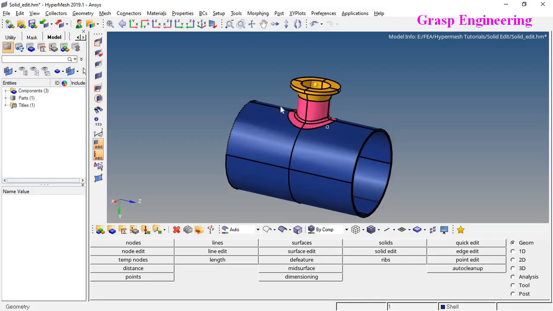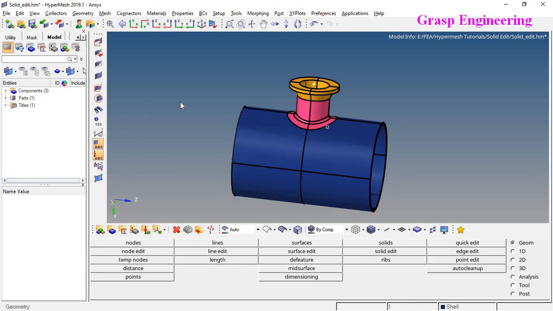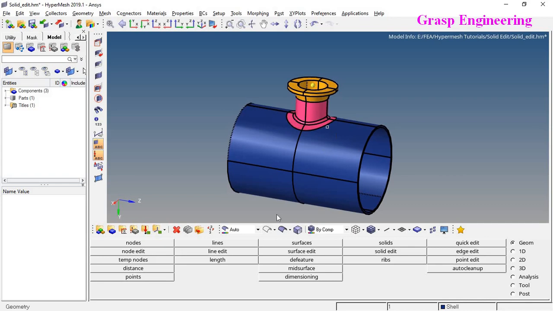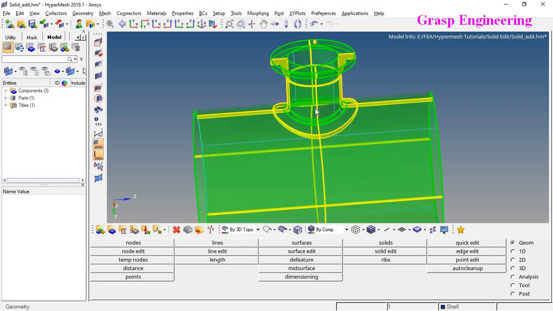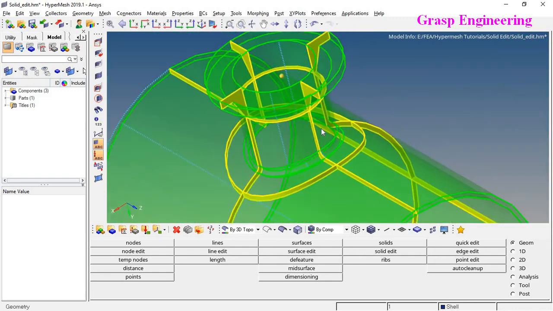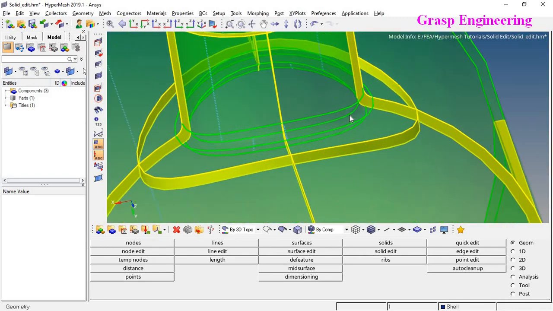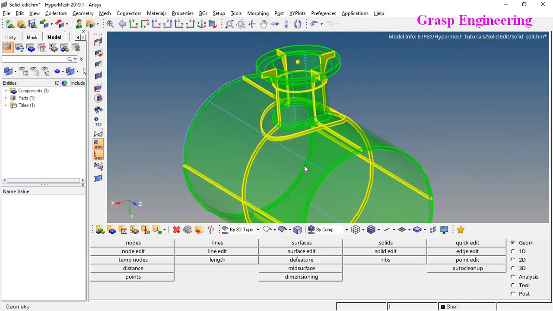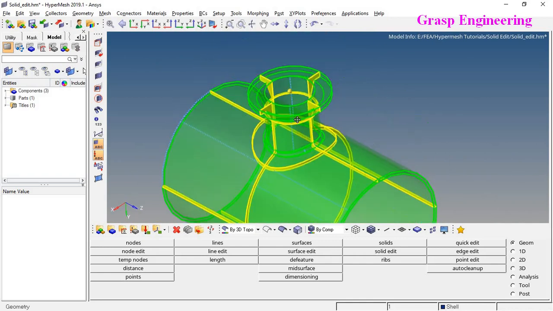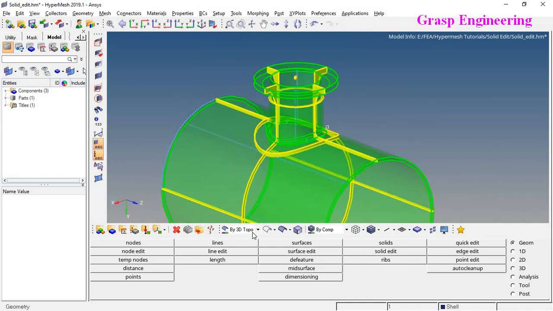So now we are in our HyperMesh and we already imported our last model. Let's go to 3D topology, and here you can see the geometry splitting we performed in the last operations. There are different solids we split, and you can go to mappable.